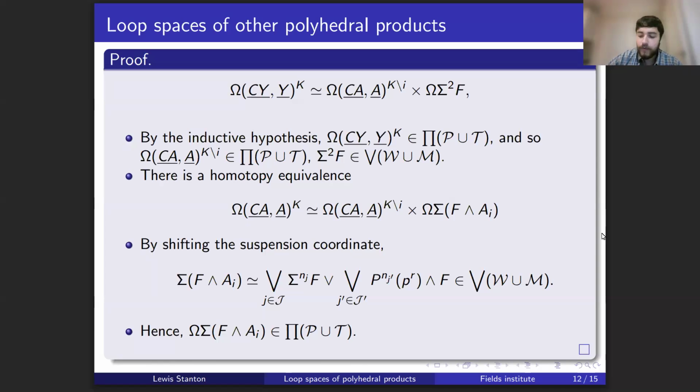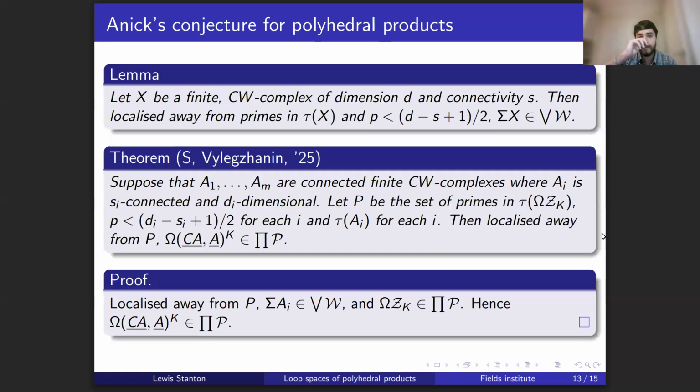Right, so that does that for all of these, but Anick's conjecture was in terms of finite CW complexes. So we want to see if we can apply this to any finite CW complex. And this uses the first lemma up here, which is if you have a finite CW complex of dimension D